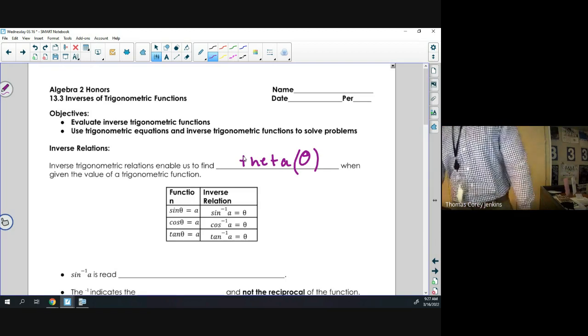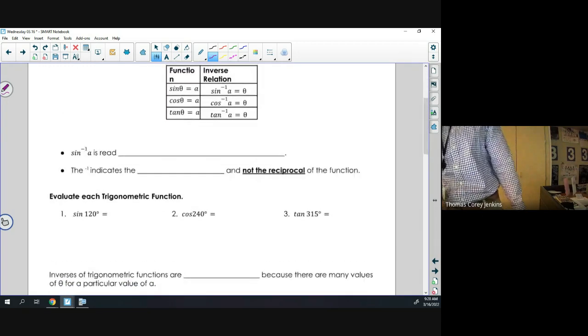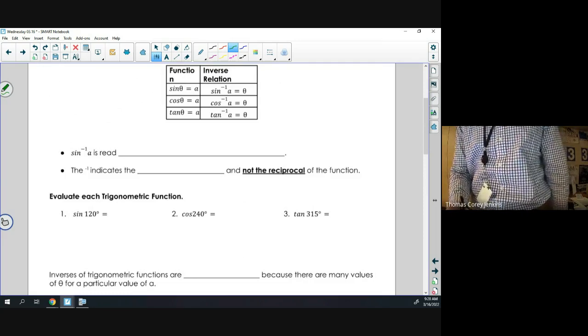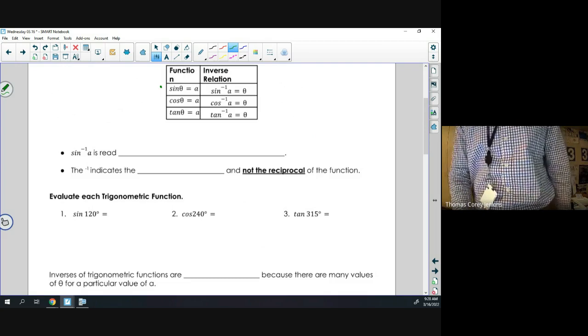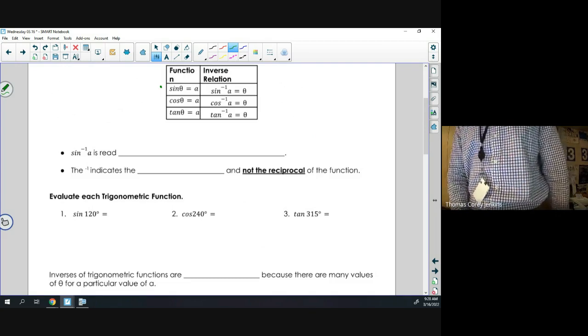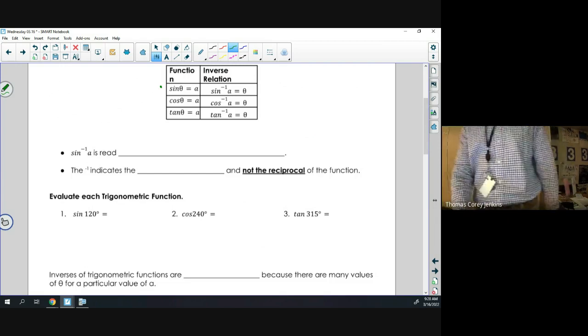Okay. So as you can see in the table here, these things are inverses of each other, right? So the original function would be sine of theta equals whatever, and its equivalent inverse would be arc sine of A equals theta, right? So it makes the